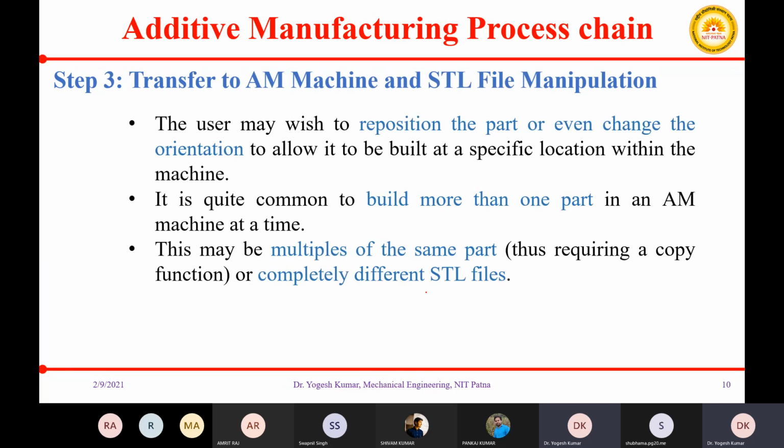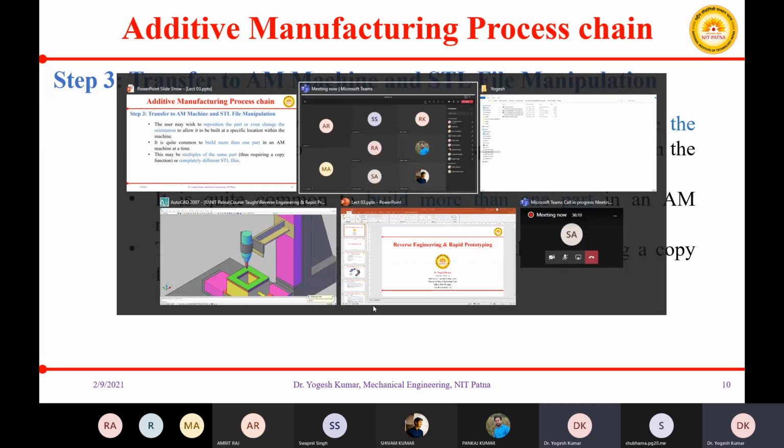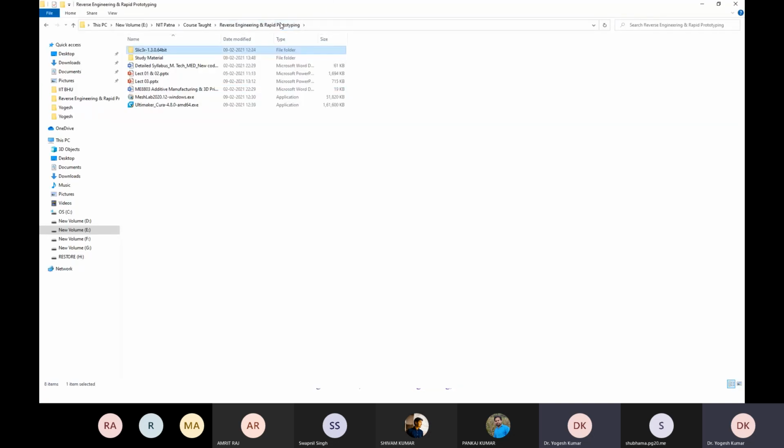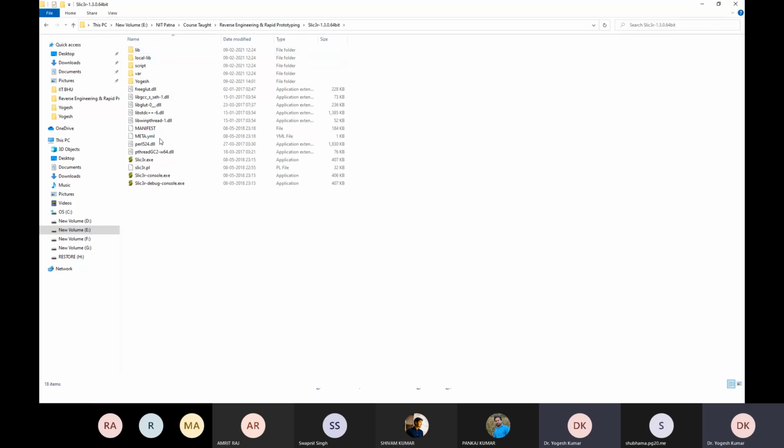Okay, so let me demonstrate step number 3 using the available resources with me. So we have created the STL file. After creation of the STL file, what are we supposed to do? We are supposed to slice our STL file.